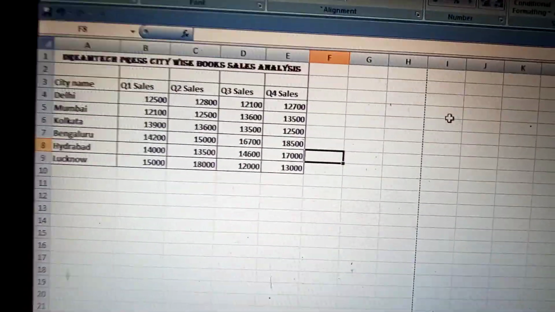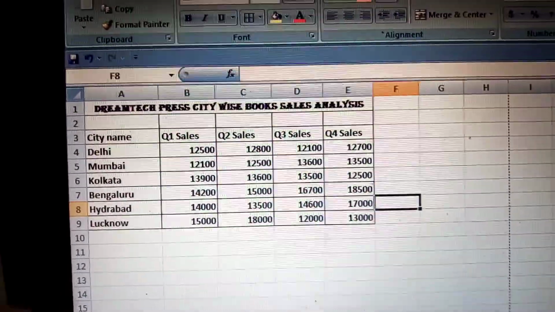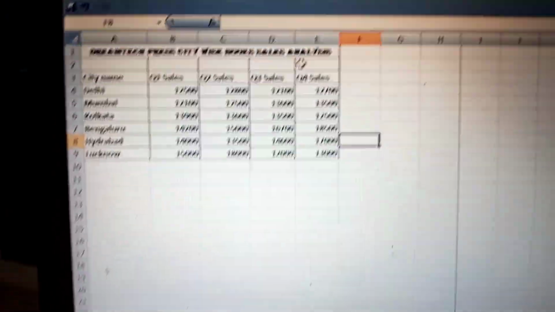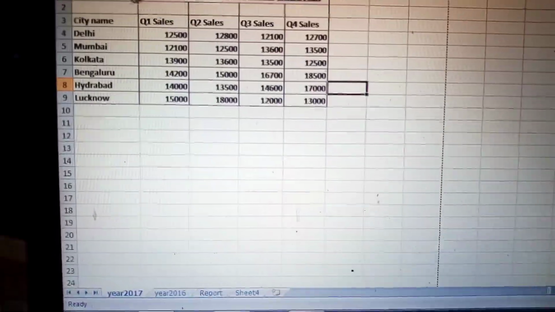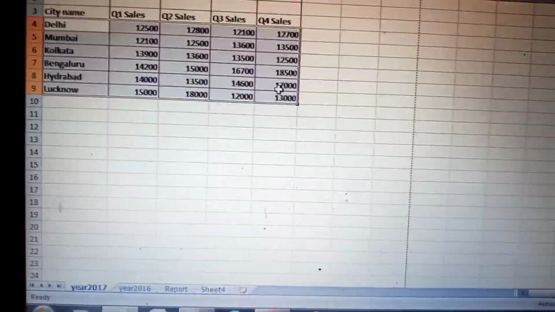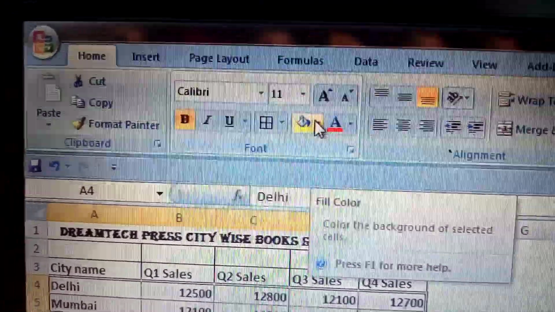Just open any worksheet. In my case, I have already opened a worksheet known as Book 1. You can see that Book 1 is now opened. Now select the cell range from this to this. Next, click the fill color box. This is the fill color box.